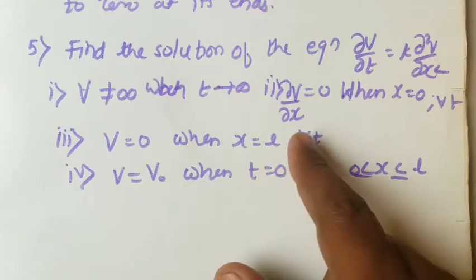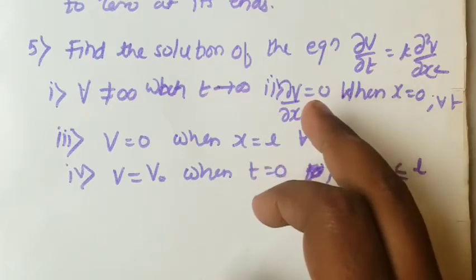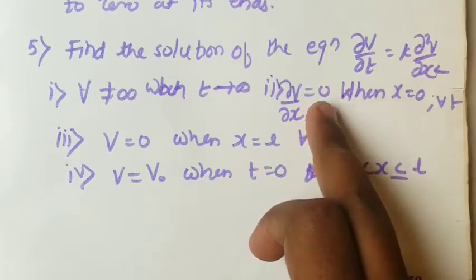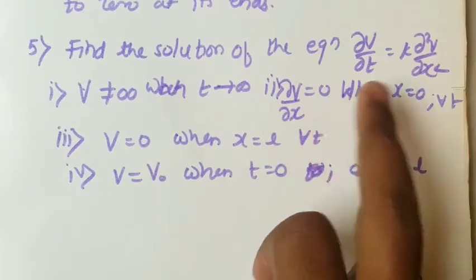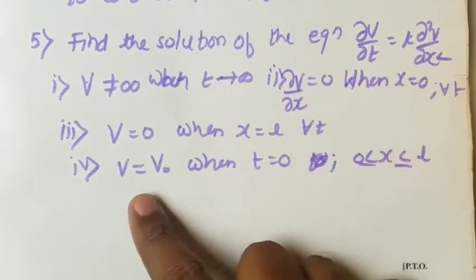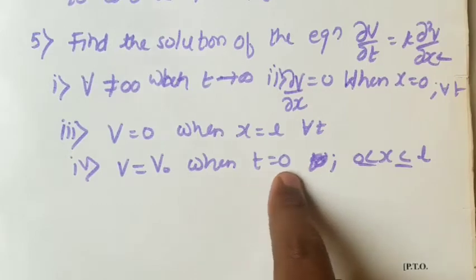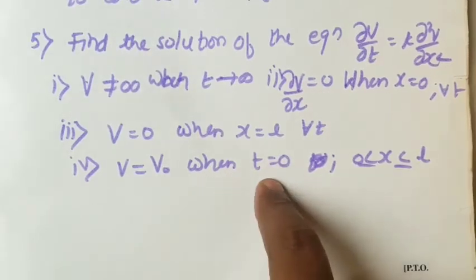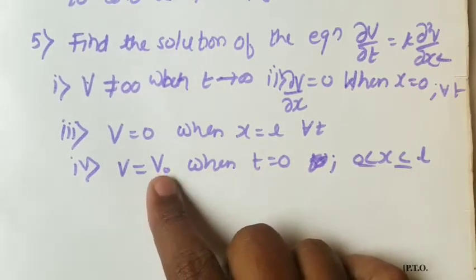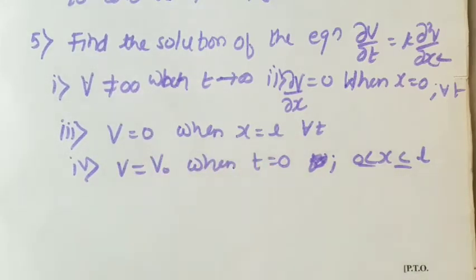And once we get the cosine series there, we are going to apply the formula for the Fourier coefficient of the cosine series, not of the sine series. Only this change is there in this problem. And v equal to v0 when t equal to 0 means initially, this is the initial condition, the value of the function is constant, which is v0. This we are going to use in the problem.